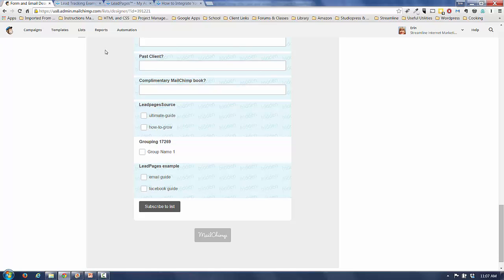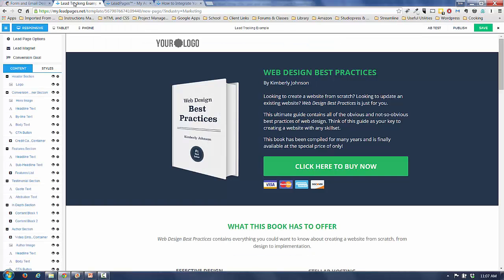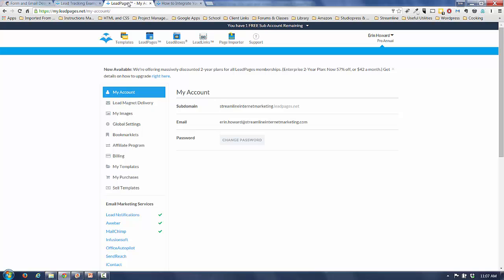So next we are going to go to LeadPages, and we're going to set up LeadPages so that when somebody fills out and opts in on your lead page, behind the scenes one of these fields gets checked off. If we go to LeadPages, I have already set up an example page to use for the purposes of this lesson. So I have already integrated my LeadPages account with MailChimp,